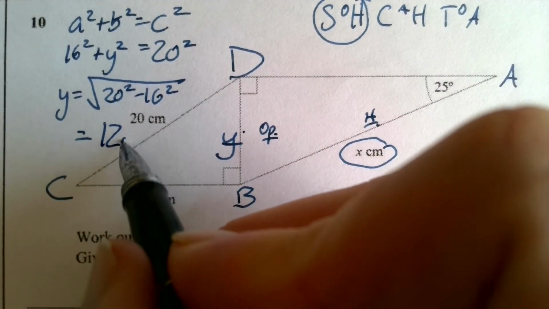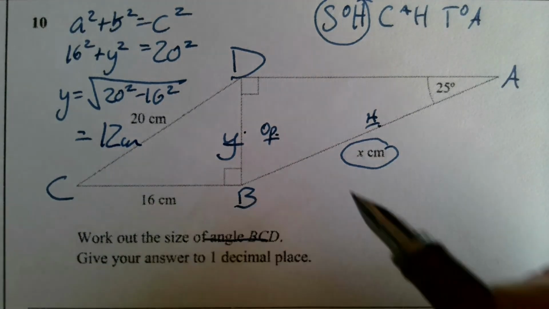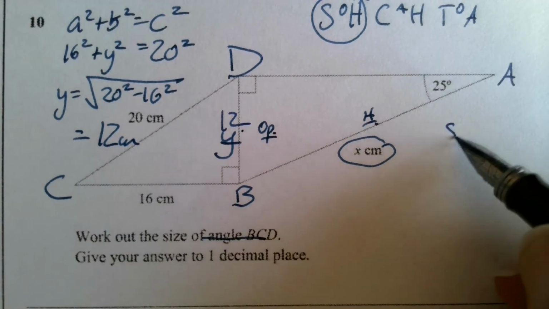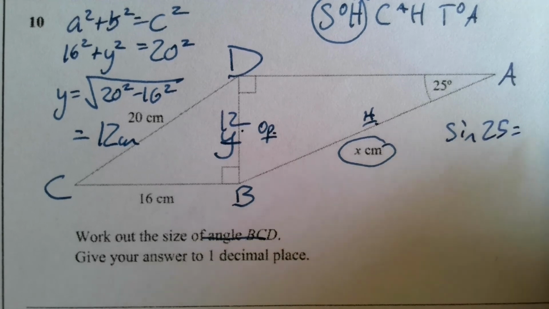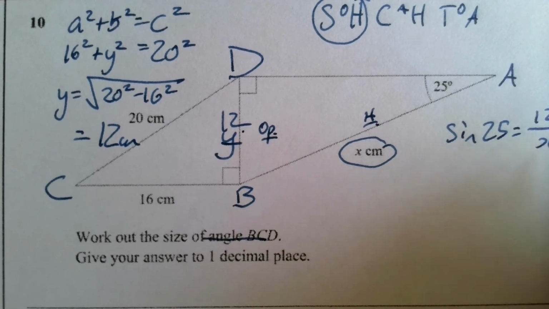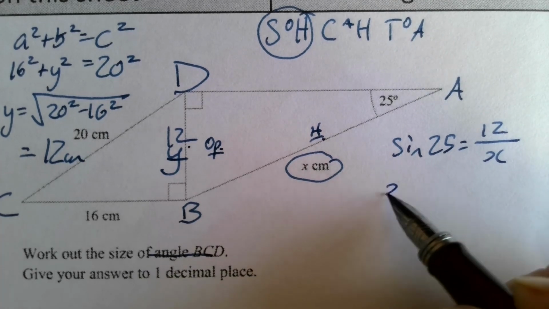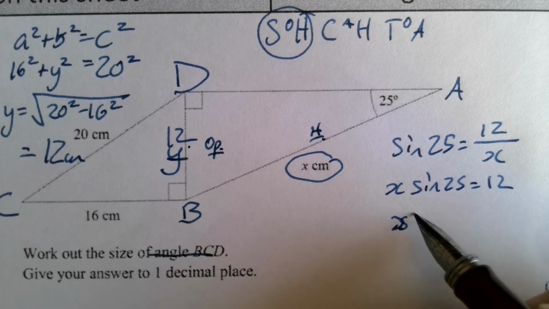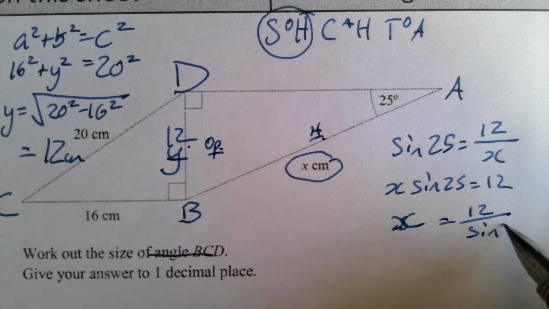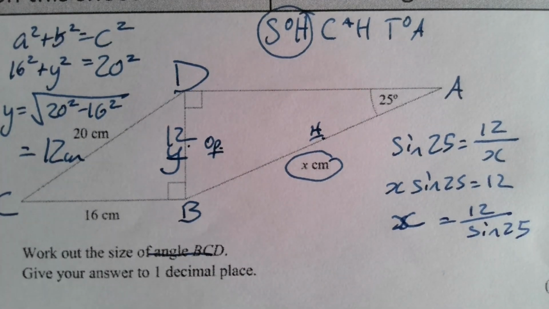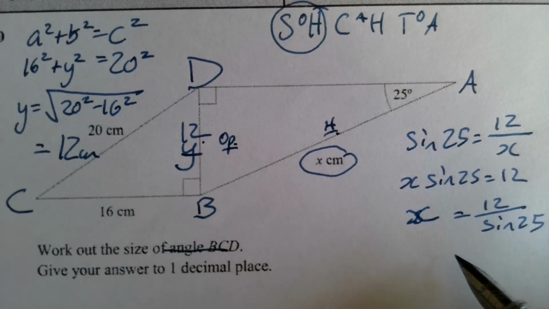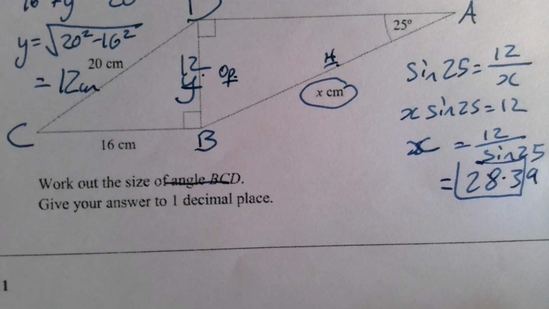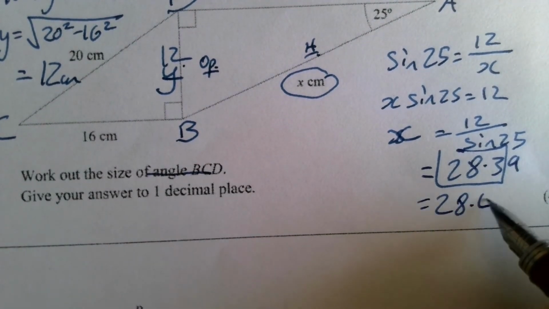exactly 12 centimeters. So then that's 12, isn't it? So we are saying sin 25 equals 12 over the hypotenuse being x. And then I need to multiply by x to give me x sin 25 equals 12, and divide by sin 25 to give me 12 over sin 25. Pop that in the calculator, and I get 28.39. Round that gives me 28.4